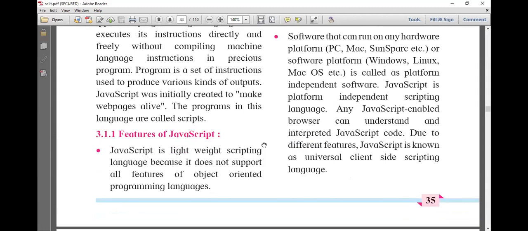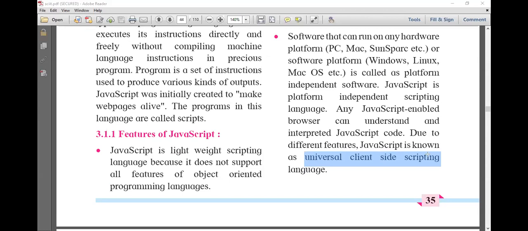Any JavaScript enabled browser can interpret JavaScript code due to these different features. JavaScript is known as a universal client side scripting language. Why is it a universal client side scripting language?